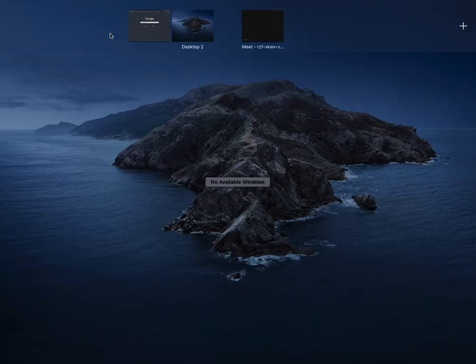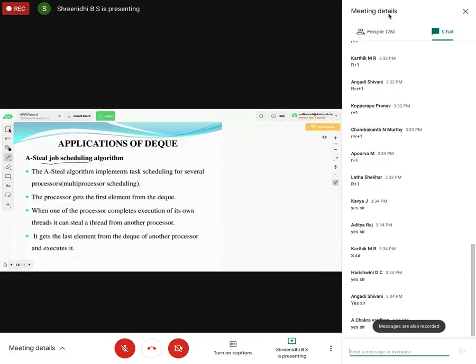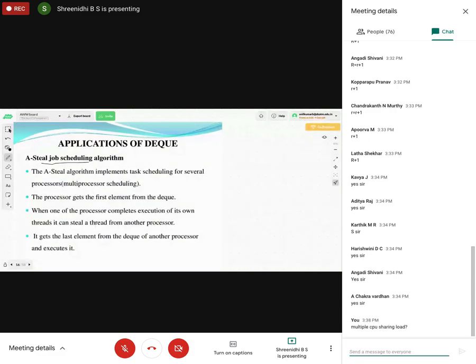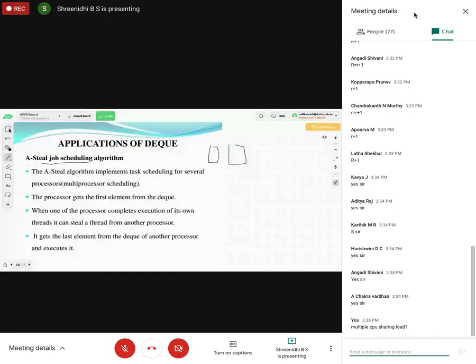Any idea? Okay, fine. Multi-processor scheduling is nothing but multiple processor systems.